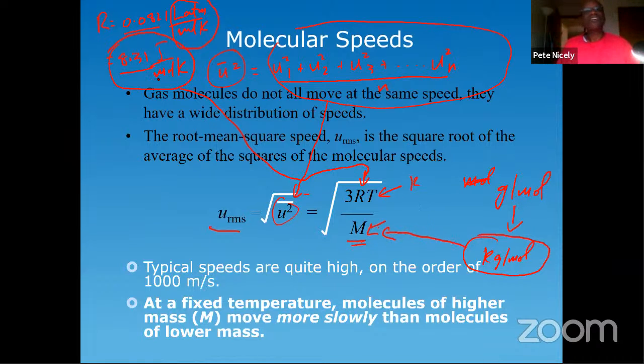So please note the R value must be 8.31 joules per mole Kelvin, and the value for the molar mass must be expressed in kilograms per mole. So if you take care in making sure that those are the units that you're going to use in this equation, then what you're going to see is that the units for the root mean squared speed is going to be meters per second, all right? Now, let me explain why that is by